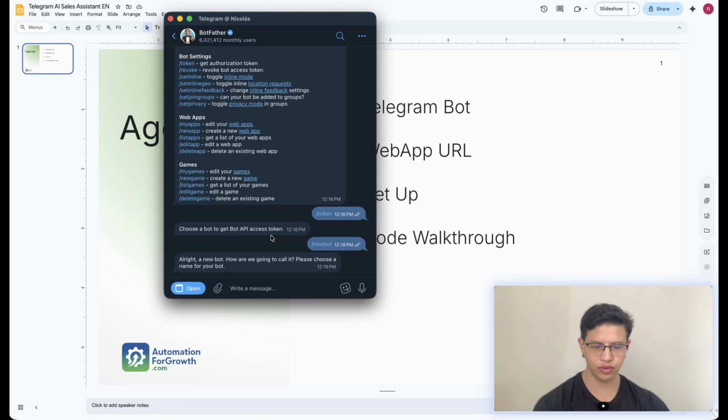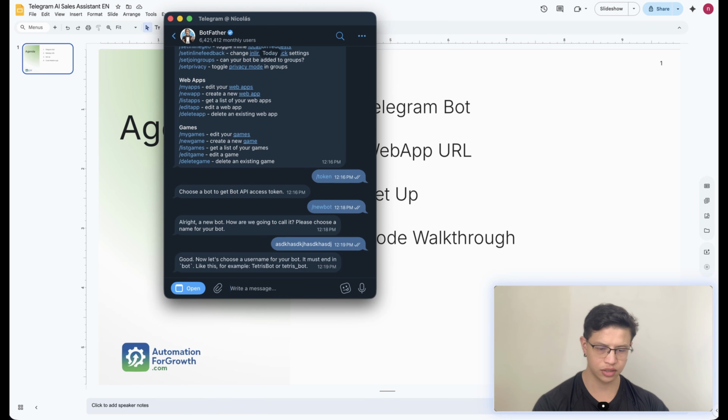So you can see, for example, the one that I was testing before, you saw in the message that it was a bunch of words and stuff. So you just gotta be patient here and just input a name that makes sense, but it's also unique, right? But in this case, it's just a demo, so I will just input whatever and see if that works. You gotta end with this keyword, but